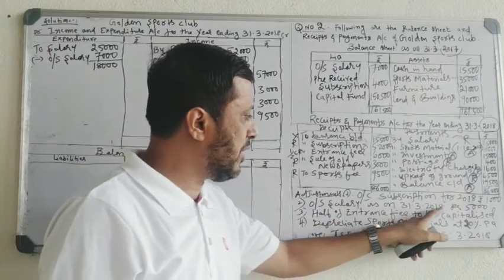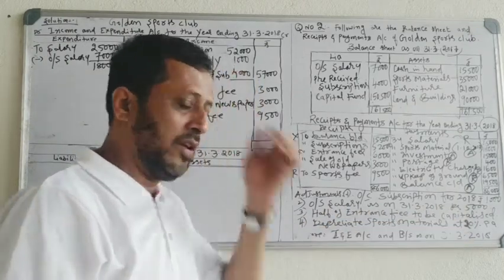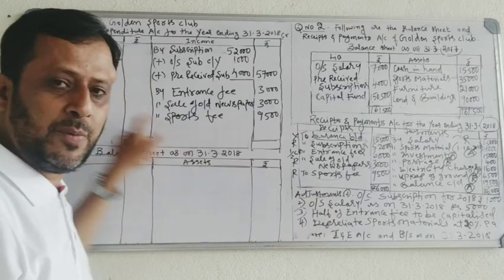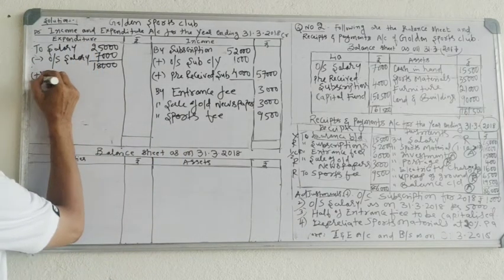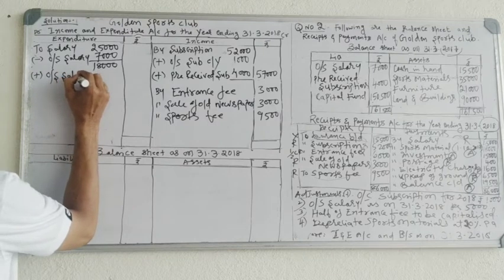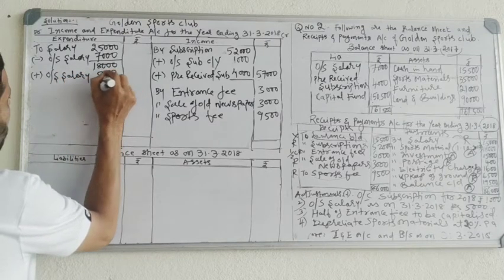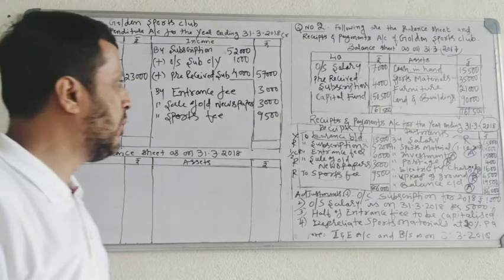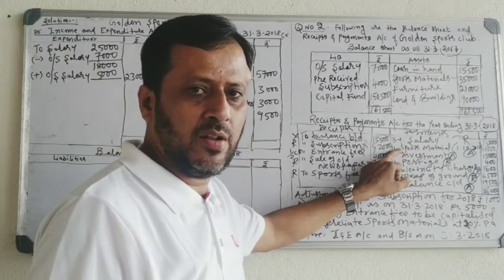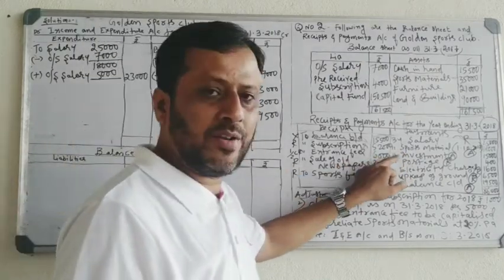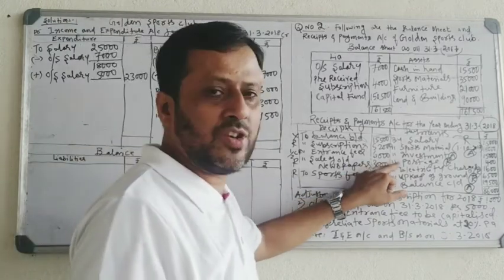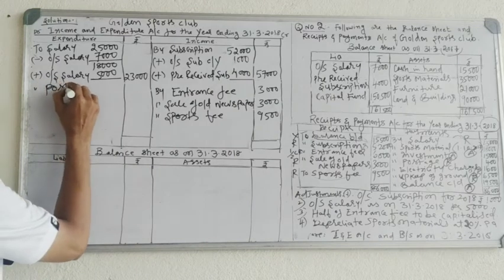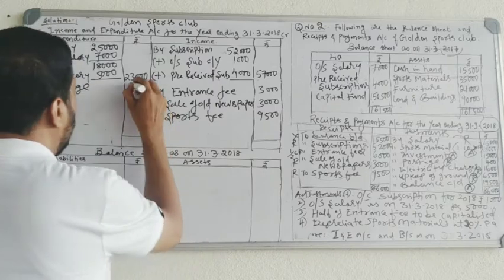Outstanding salary as on 31/3/18 is 5,000. This is current year outstanding. How to treat the outstanding items? Given in the balance sheet, minus. Given in the adjustment, add. Outstanding salary 5,000. Total 23,000. Okay. Now next, after salary, sports material asset, show in the balance sheet. Investment asset, show in the balance sheet. Postage is a revenue expenditure. Show here debit side. Postage amount is 400.